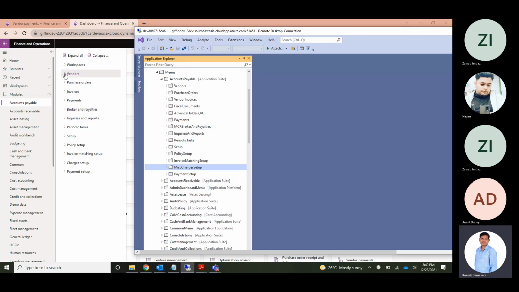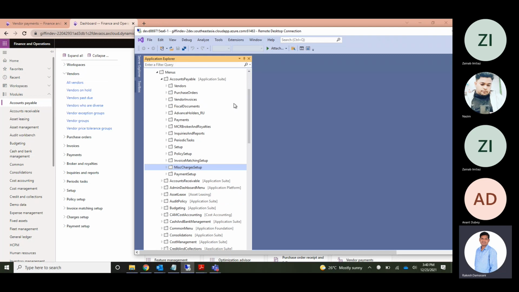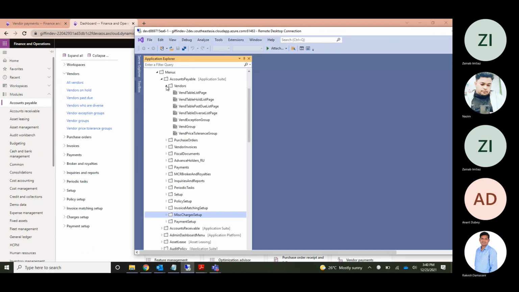Once we open vendors, it is nothing basic, but we are grouping some AOT objects and putting them in a subgroup. Again, if we go to vendors, we have a subgroup.